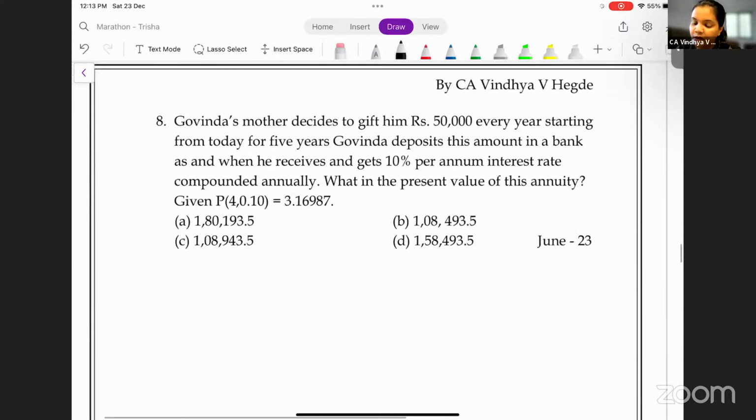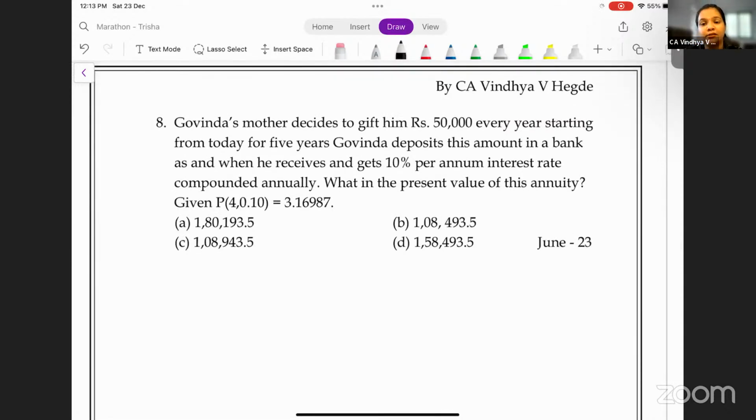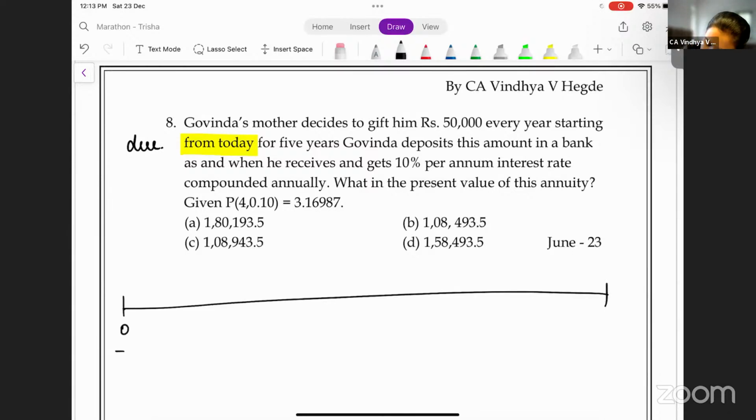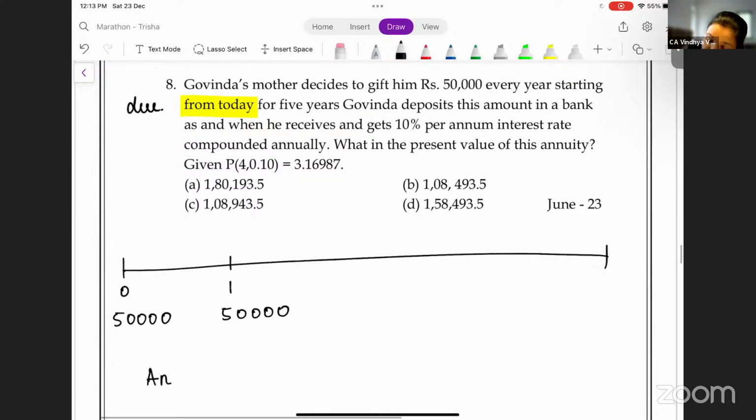All right. Question number 8. Govinda's mother decides to gift him rupees 50,000 every year, starting from today. From today, very important. Why? From today means due. How much is Govinda's mother gifting him? 50,000 starting from today. And this is happening every year for 5 years. So can I say annuity is 50,000? Time is 5 years. And gets 10% rate of